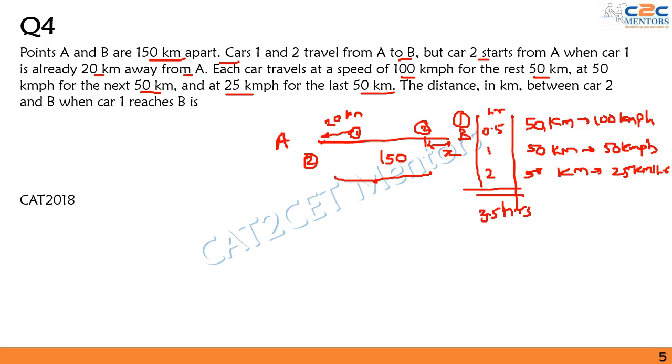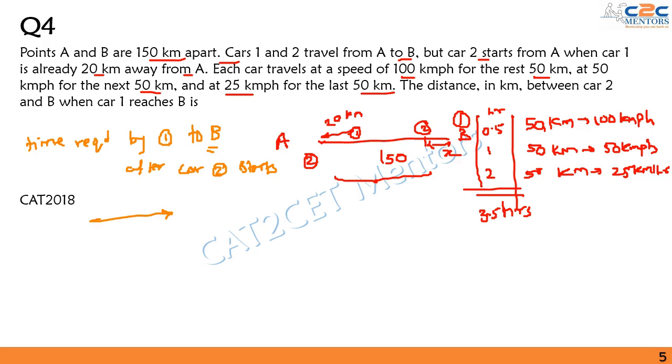Now we are given that car 1 has a head start of 20 kilometers. Now the time taken by car 1 to reach B, so the time required by car 1 to reach B after car 2 starts is equal to, please note this equation, time required by car 1 to reach B after car 2 starts